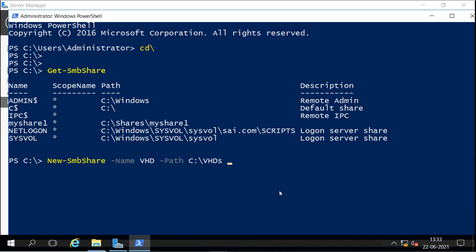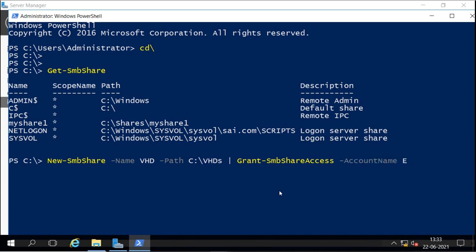Now I will use a pipe here to use the next command, which is to grant the permission: Grant-SmbShareAccess to the account name.